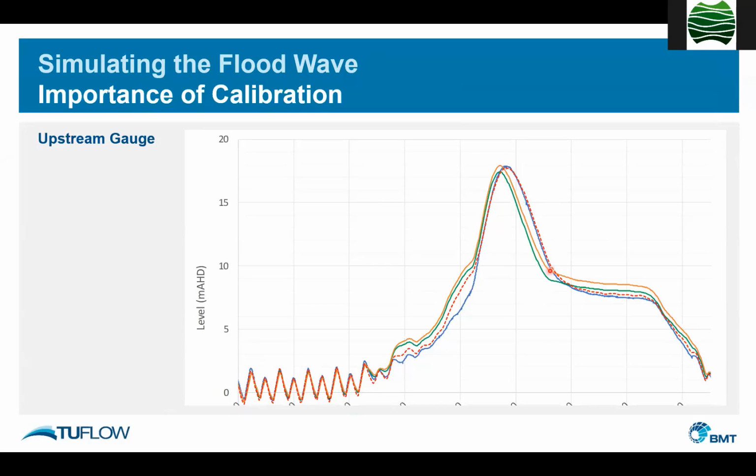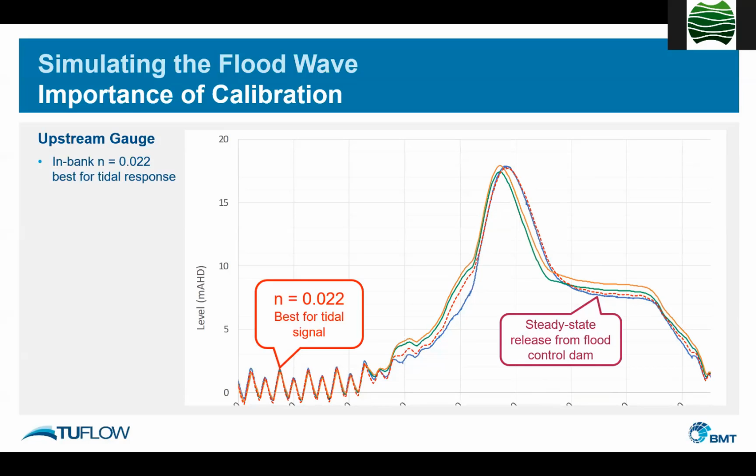What's quite interesting with the Brisbane River study is that in most of the floods, there's a period of steady state release from the flood control dam upstream. So you effectively have, for 2 or 3 days, a period of pretty well constant flow. So it's like a real world steady state model, which is a bit unusual to find. This is one of the gauges that we were calibrating to.